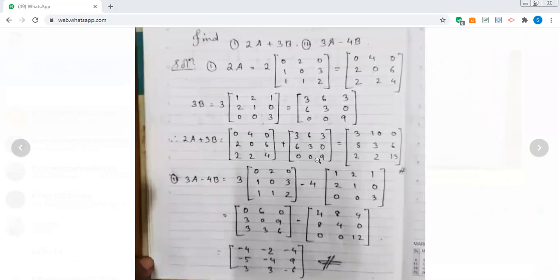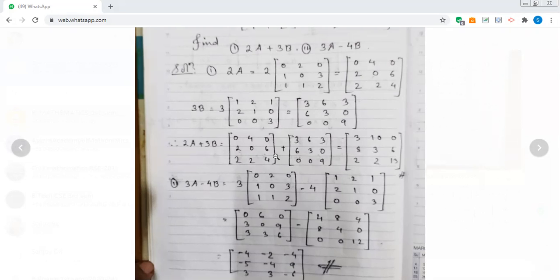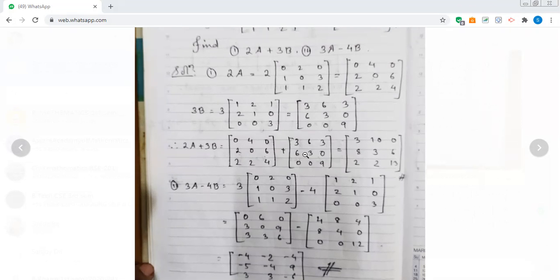Now addition is possible over here because the matrices to be added are of the same order. First thing, ये मैंने बताया था एक बार जब एडिशन समझा रहा था। तो दो मैट्रिक्स का एडिशन या सब्ट्रैक्शन कब पॉसिबल होगा? If the matrices contain the same order. So here you can see this matrix of order 3 by 3 and this matrix is also of order 3 by 3. That means we can add the two matrices.